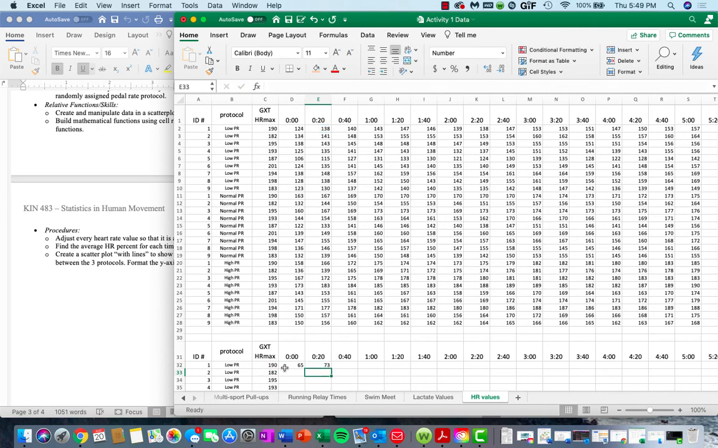So this tells us that if we're building a function that's supposed to be copyable as we drag it across columns, we need to freeze the column reference for this heart rate max. We've frozen row references before. Now we want to freeze column references, which means instead of putting the $ in front of the row reference, which is the number, we want to put the $ in front of the column reference, which is the letter. Okay, so if I press enter here,